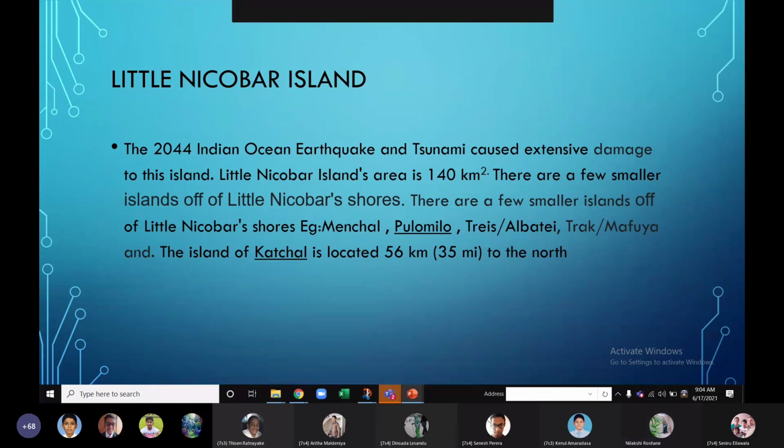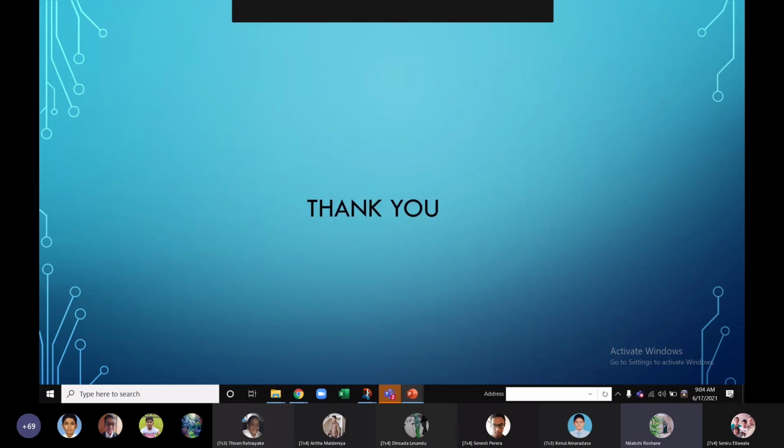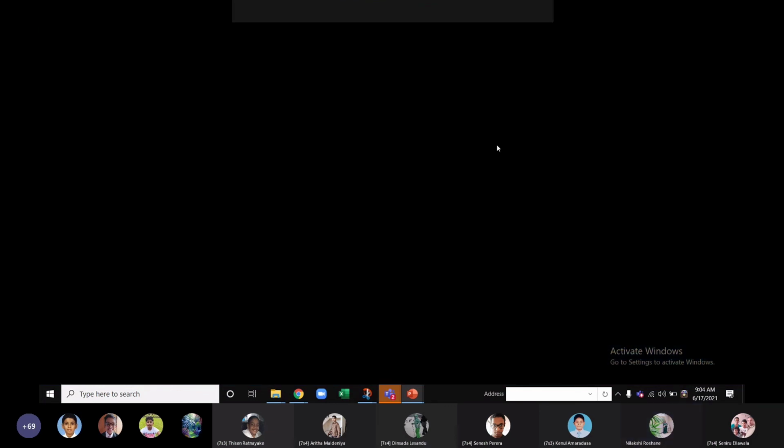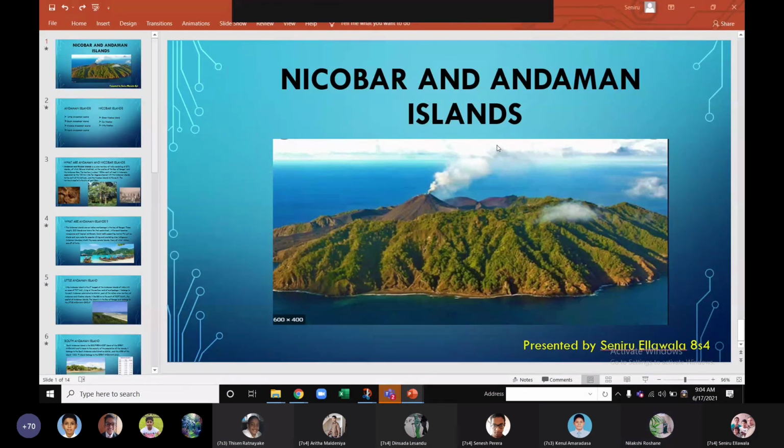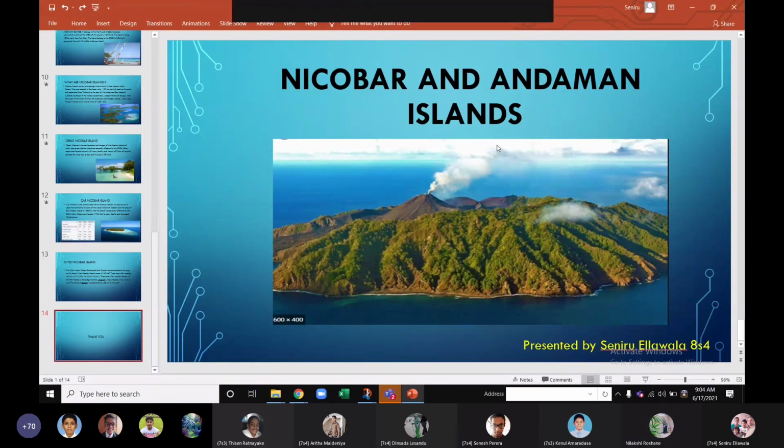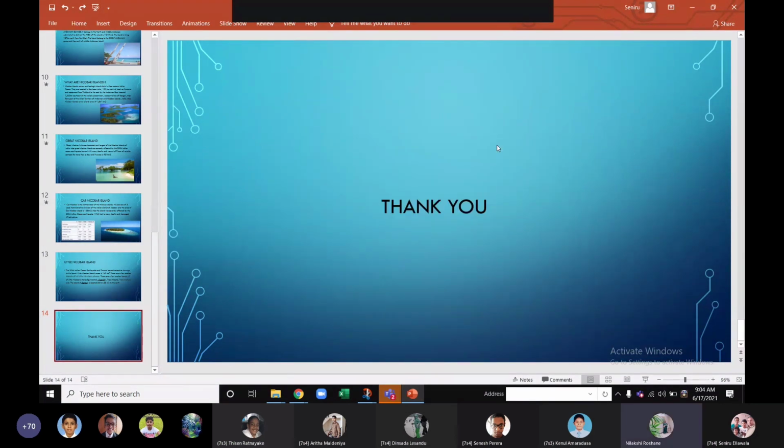The largest sea turtles in the world nest at these Nicobar Islands and Andaman Islands. So the dugong, the gentle sea cow, can be seen on these Nicobar Island and Andaman Island shores. The largest living arthropod in the world, Birgus latro or robber crab, resides here. That's interesting information. Yes.